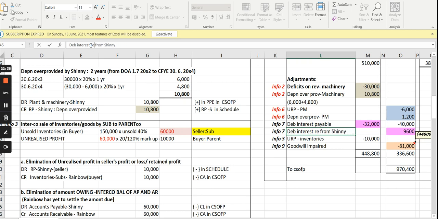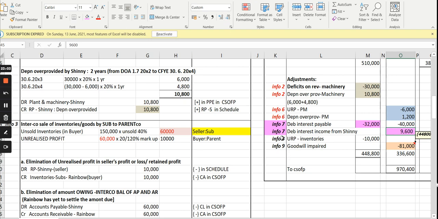Or you can put here debenture interest, that's fine. Debenture interest income from the subsidiary, 9,600. Done. And you need to also show the difference between 32 and 9,600,